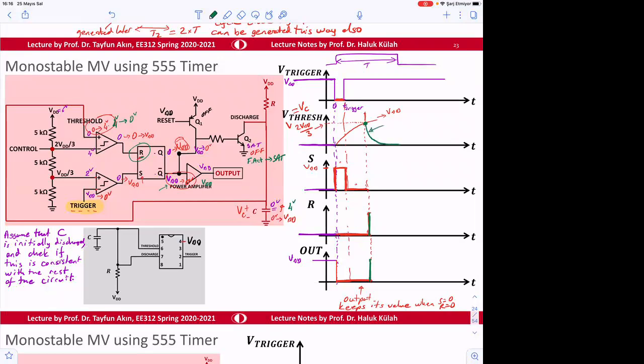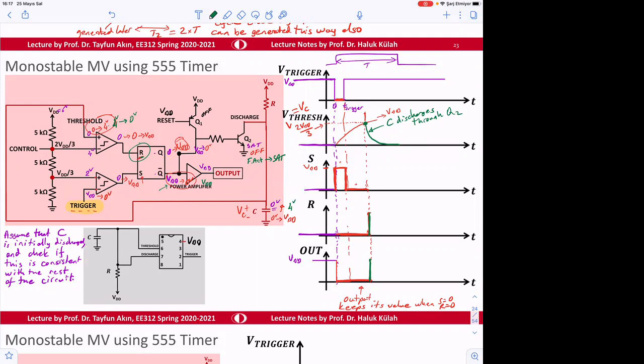So C discharges through Q2. Okay, so when you really look at the circuits, and we have analyzed this kind of circuits before,